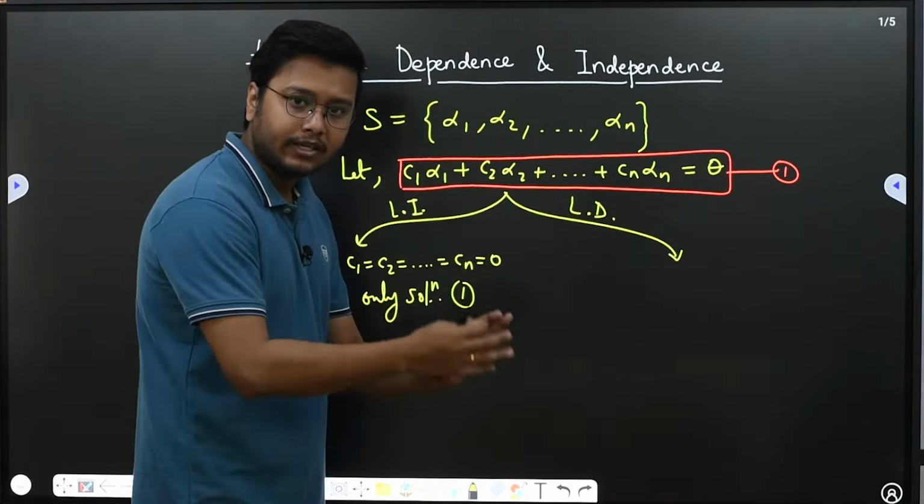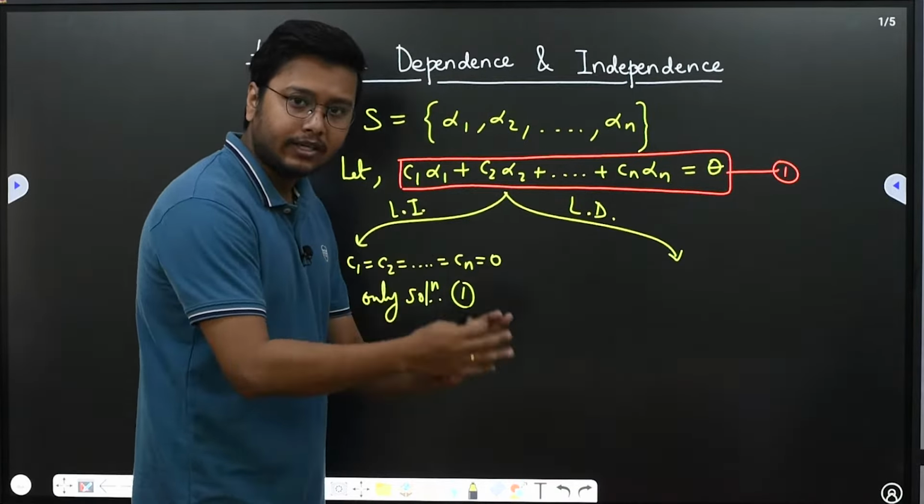Okay, my definition was I needed to have at least one of the constants non-zero. If at least one is non-zero, it's linearly dependent. In this case, if k is non-zero, then all the constants are non-zero. So that means at least one non-zero is automatically satisfied. So I can say that if k not equals to 0, then we get